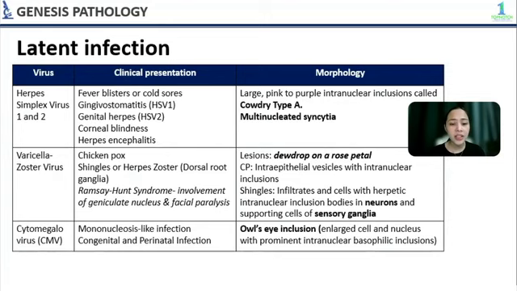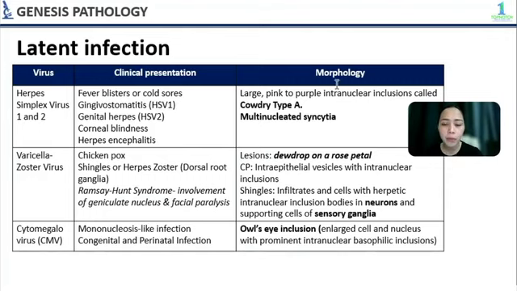Latency naman is defined as the persistence of the viral genomes in the cells of the body which do not produce the infectious virus. Yung mga latent infection na to, they can be reactivated and then cause infection na naman ulit. Latency is an important property of herpes virus, which are double-stranded DNA virus. Examples are your HSV 1 and 2, which causes the following disease. Gingival stomatitis, herpes around the mouth, is caused by HSV 1. Tapos yung genital herpes and neonatal herpes na din kasi diba dun lumalabas yung baby is caused by HSV 2.